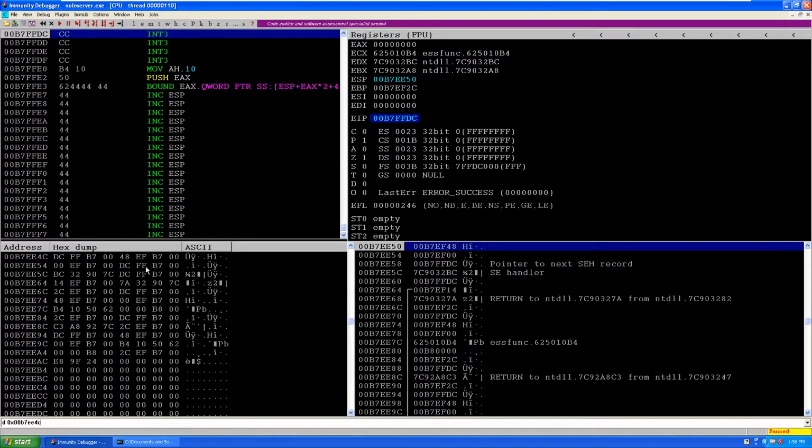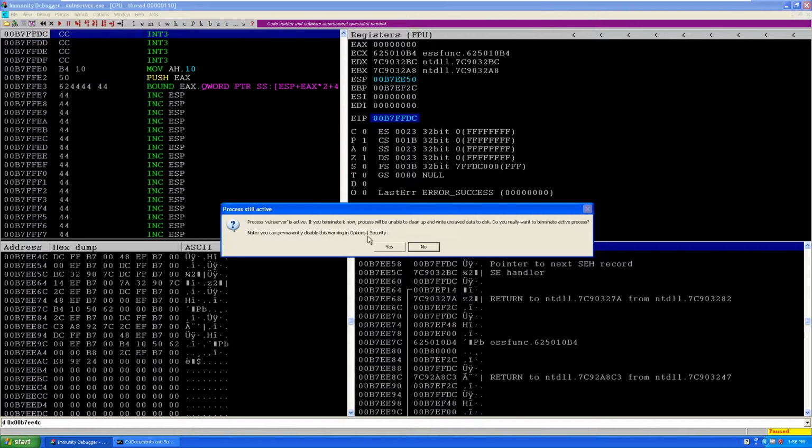Oh, I'm sorry, I'm right. You can see 00B7FFDC. This one is int 3. So I'm right, I'm not wrong. Okay, you can type the ESP value which is pointing to this one. In ASCII, I thought this was some other characters. That's why I was confused. So it's int 3. So we have put the breakpoint and executed this step by step. Now let's restart.